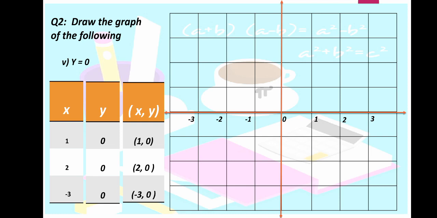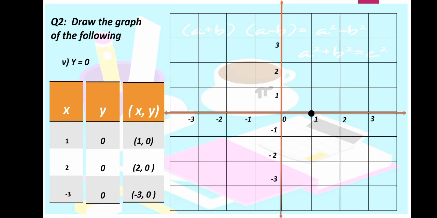So for plotting the graph, we have to see the value of x as 1 and y as 0. So for making the graph, first of all plot the points on the x-axis: 1, 2 and 3, -1, -2 and -3. Now 1 and 0 are intersecting on this point, where 1 is representing the value of x on the positive